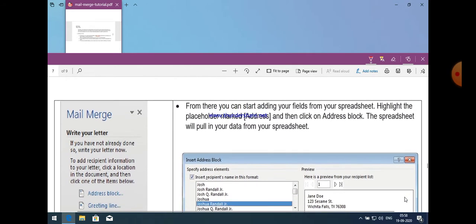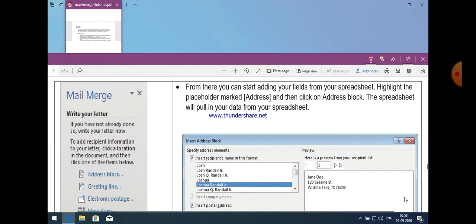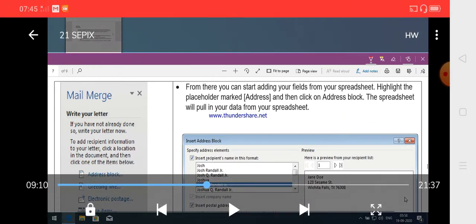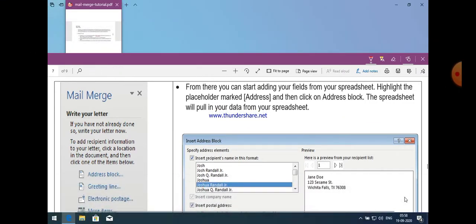Next, from there, you can start adding your fields from your spreadsheet and highlight the placeholder marked address and then click on address block. The spreadsheet will put in your data from your spreadsheet. Now here you can start adding your field from a spreadsheet.